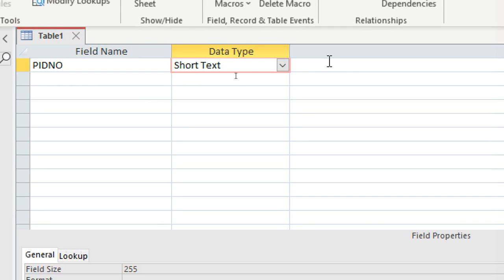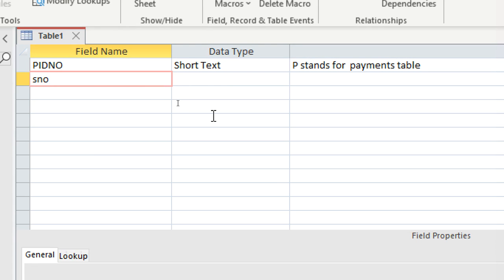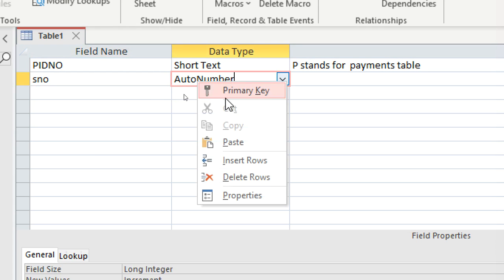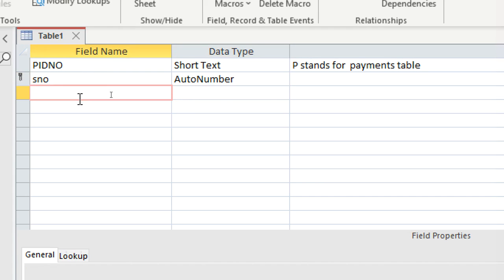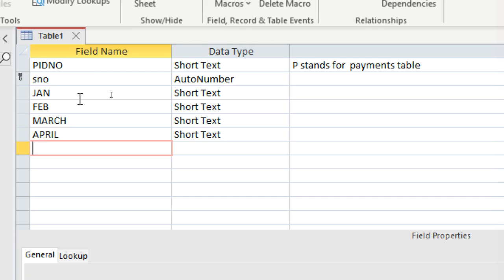This one will be text, so P stands for payments table. Then you can have serial number, this is auto number and primary key. Then we shall have January, Jan, Feb, March, April, May,